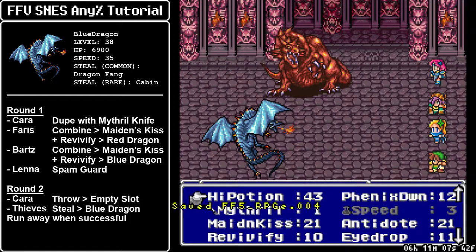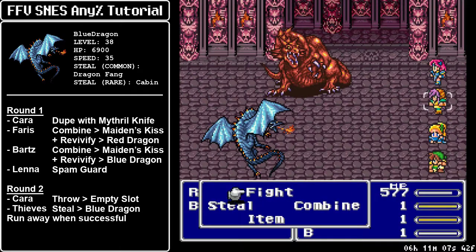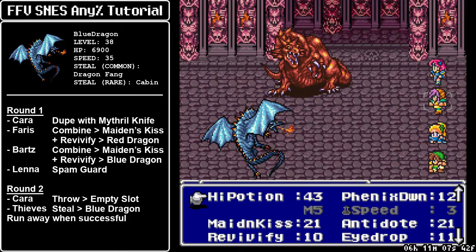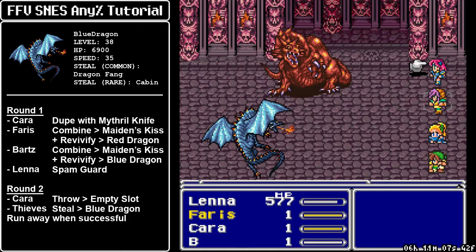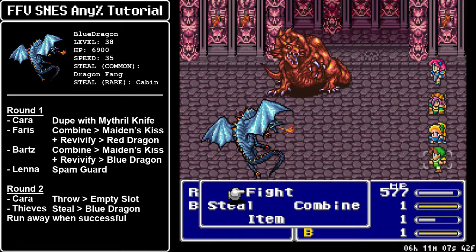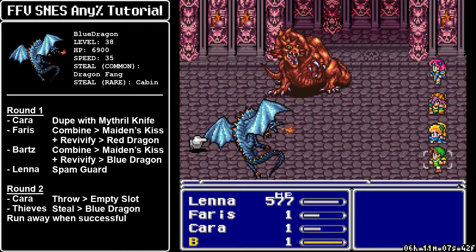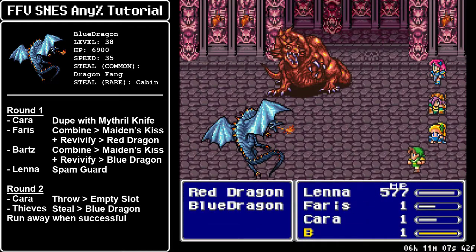So first off, we're going to set up the Mithril Knife and then toss the empty slot where the Mithril Knife was to underflow it. Then we're going to mix Maiden's Kiss plus Revivify on the dragons. This results in Kiss of Blessing. It's a buff, more or less, that inflicts haste, blink, and berserk on the target, so it's very useful for physical combat. But we are looking for the berserk effect, so that we can crowd control the dragons,